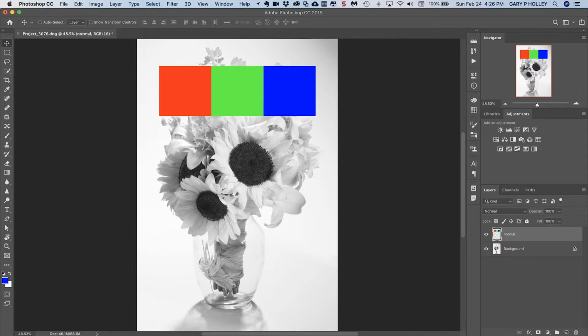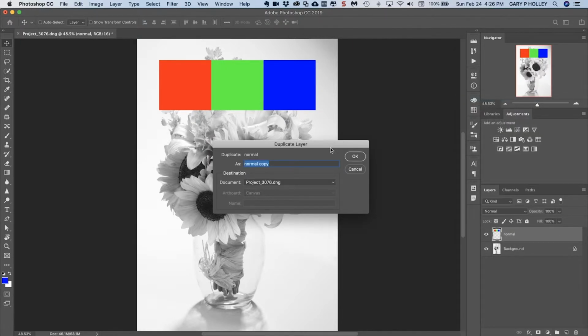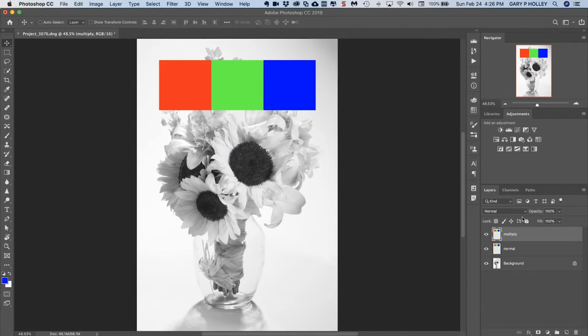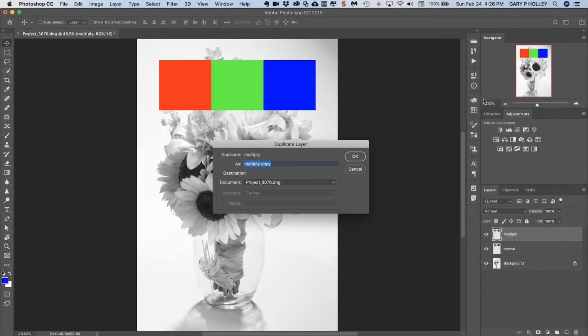Now I'm just illustrating how these blending modes work and look and how they affect the image below. So I'm going to duplicate this layer. If you want to duplicate a layer, you can right-click on it on the PC, or control-click on the Mac, or you use your right mouse button if you have one, and say duplicate layer. And then I'm going to say multiply. The reason I'm calling it multiply is it's a blending mode that I want to show you in a second. Again, duplicate layer, screen,